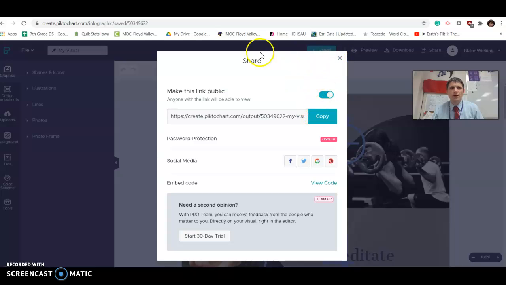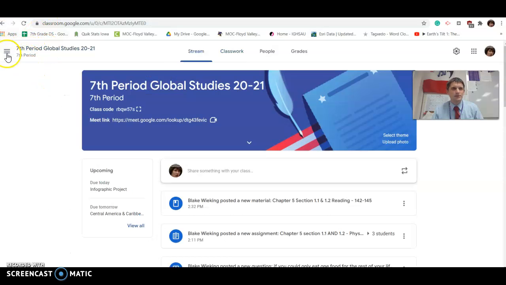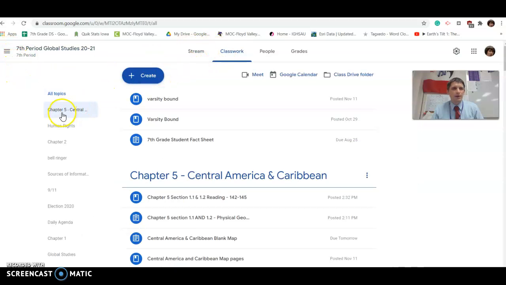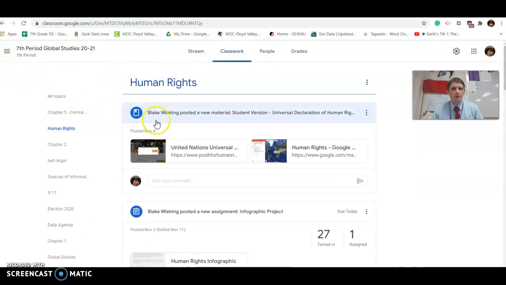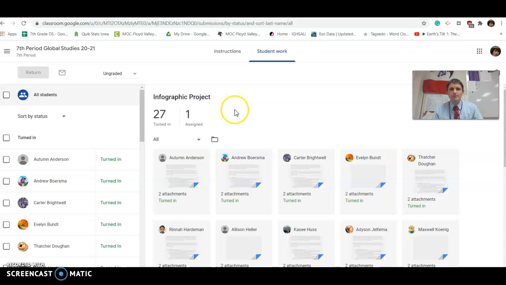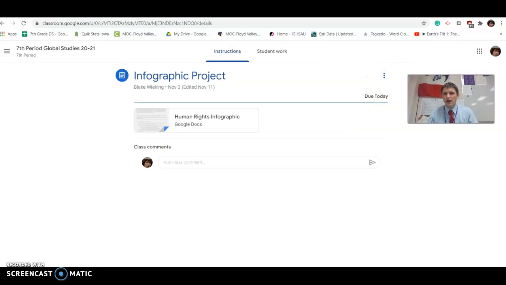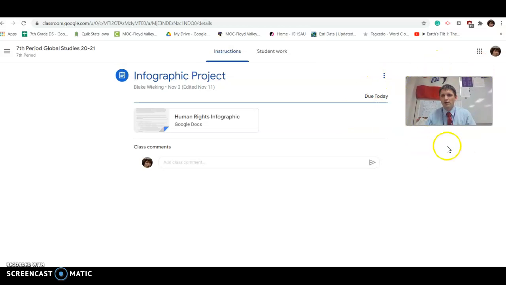Okay. Then you need to go to your classroom. It's kind of a mess, and to your assignment page. So it'll say Infographic Project. Click on it, and then this is where yours will look different than mine. I think maybe on this page, kind of where I am right now, in the top right-hand corner,